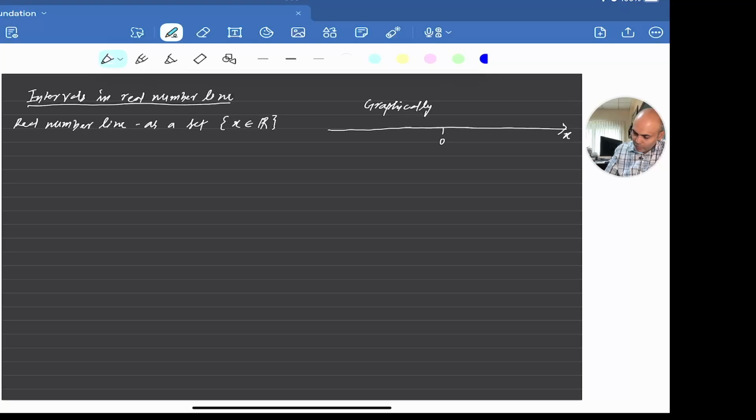For example, we put some number 0 here, 1, 2, -1, -2, and maybe over here 3.5, and so on. A point on the real number line is written as x equals 3.5, or as a set